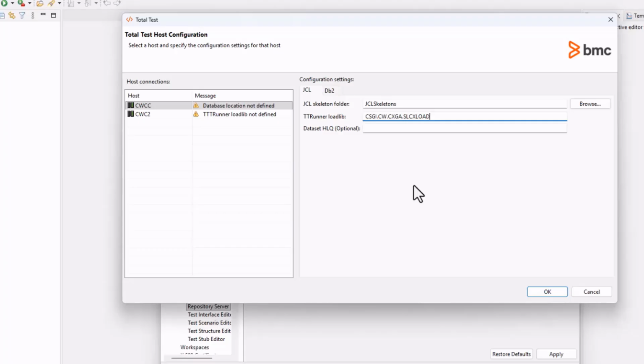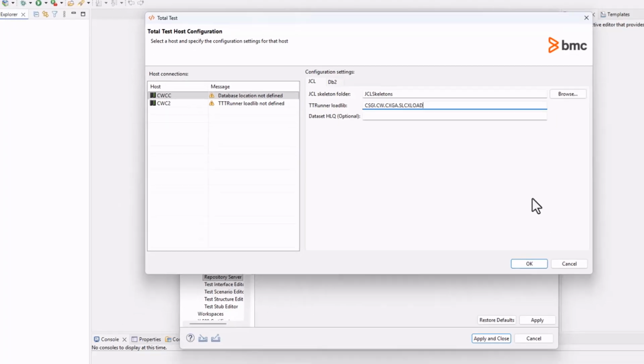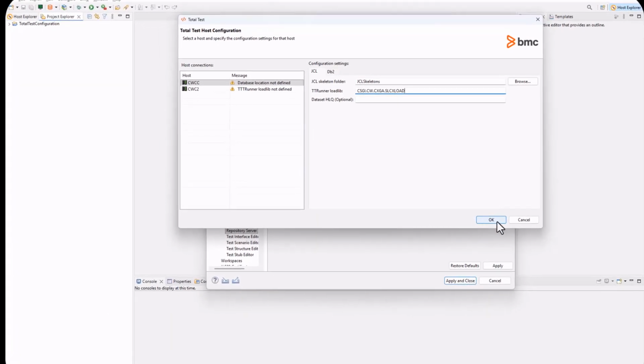Per default, we would be using the TSO user ID of the individual user to create temporary datasets. Not all customers allow user IDs to be a high-level qualifier. In this case, you would set an allowable high-level qualifier in this field, and this would be used by Total Test going forward. Clicking OK, I'm just configuring one